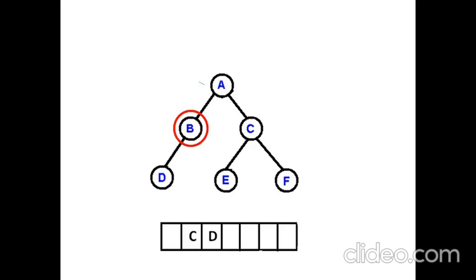Now we have to do the same thing. Remove the first element from the queue, that is, the front element is removed from the queue, and then you go to that, which is C. You now do the same thing. You push the left and right child of C into the queue, E and F, and you pop the first value from the queue and visit it, and then pop the next value, visit it, pop the next value, visit it. So we have got the entire tree visited in this way, which is called a breadth first search.